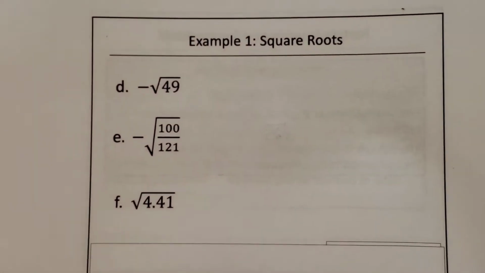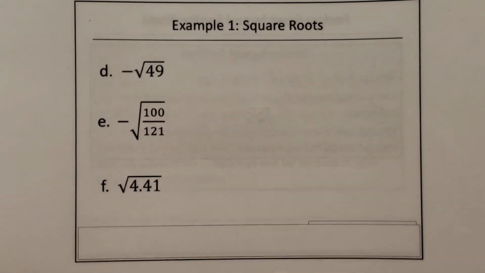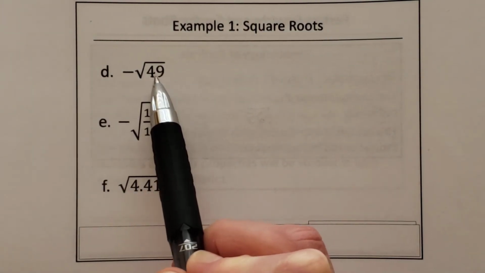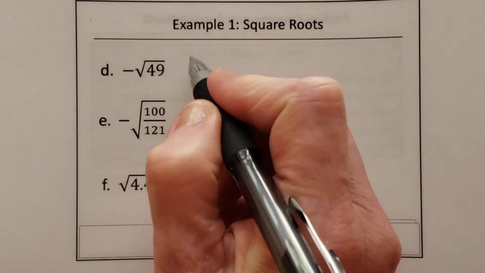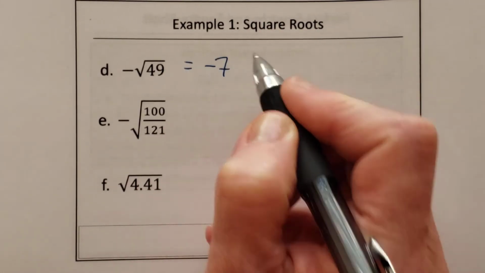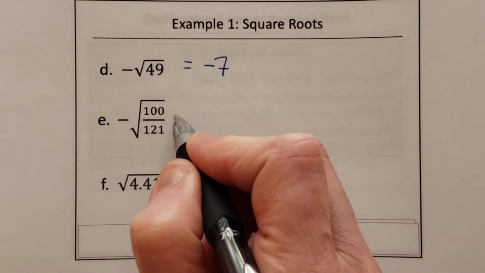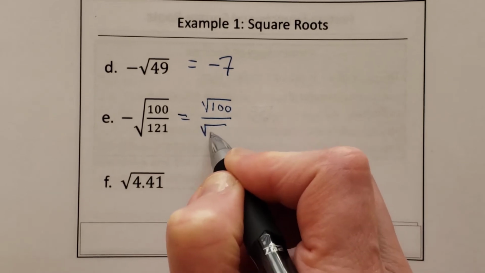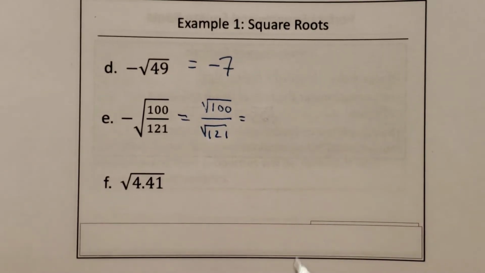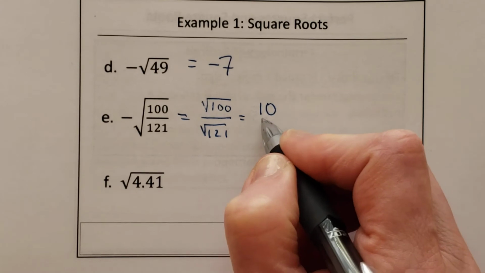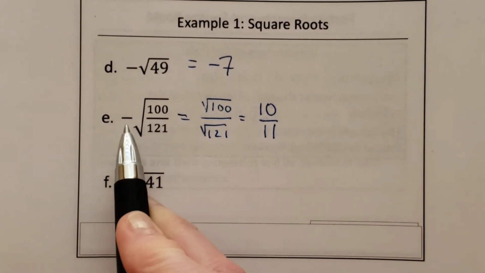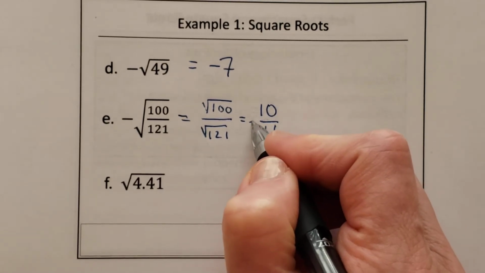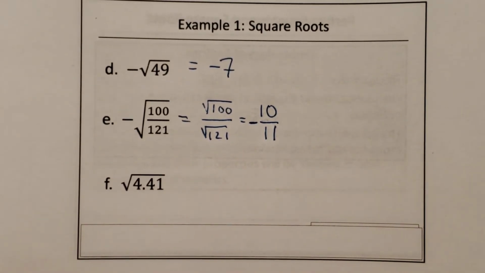Now, letter D, this is basically asking, what is the opposite of the square root of 49? Well, the square root of 49 is 7. The opposite of 7 is negative 7. So letter E, you can think of the square root of 100 over the square root of 121. Square root of 100 is 10. Square root of 121 is 11. And then go back to the original answer. It's asking what's the opposite of that? Well, the opposite of 10 over 11 is negative 10 over 11. And then letter